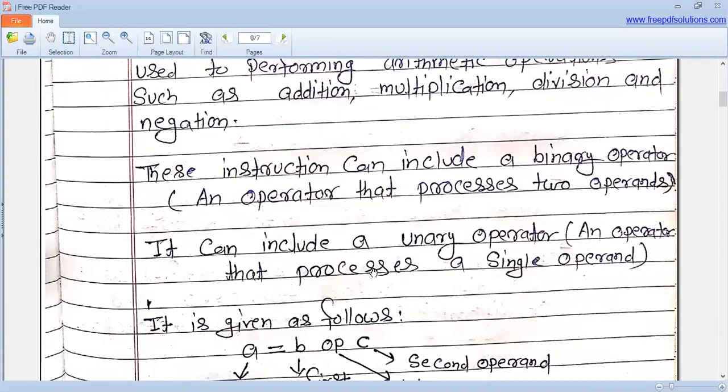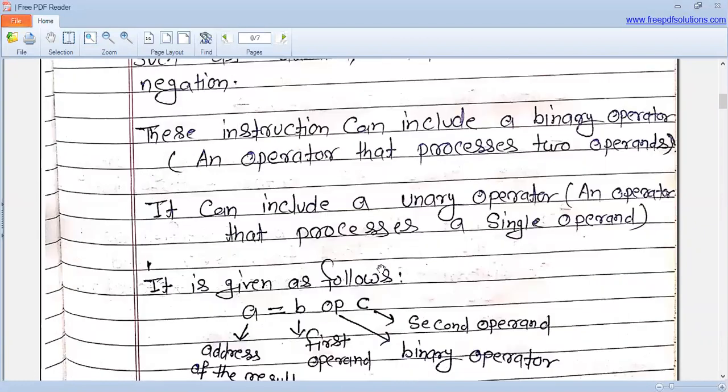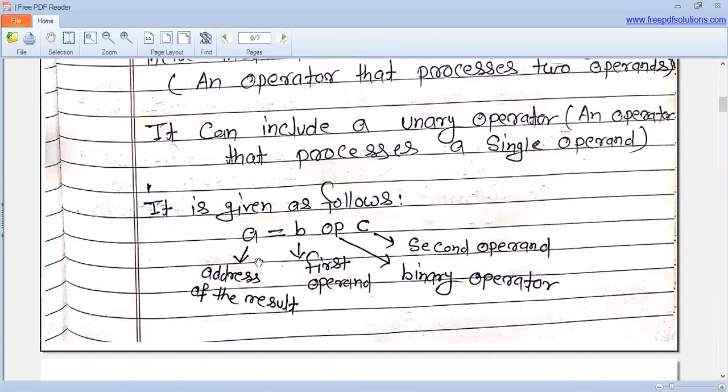So for the three address code, suppose we have A is equal to B OP C. This instruction is in the form of three address code, and here B is the first operand, C is the second operand, and OP represents the binary operator, and A has the address of the result.